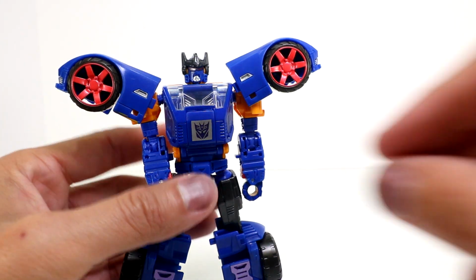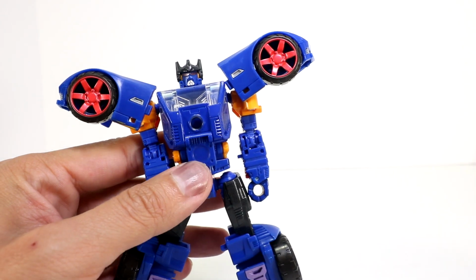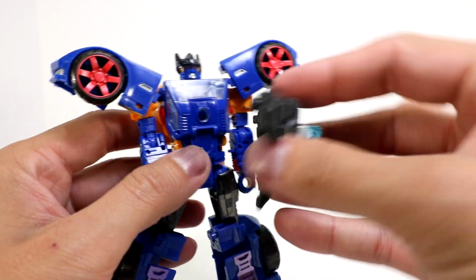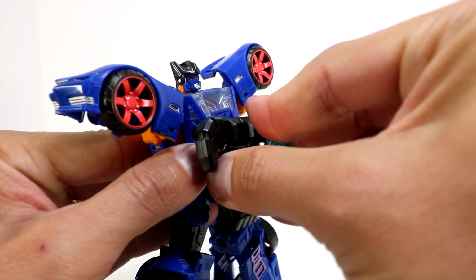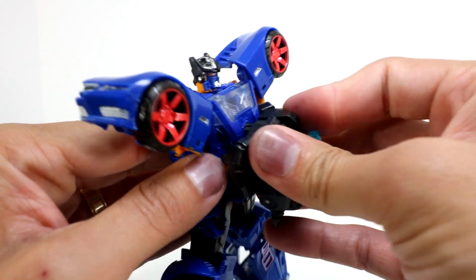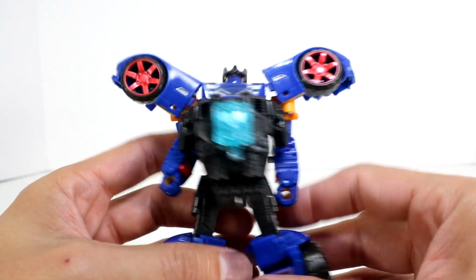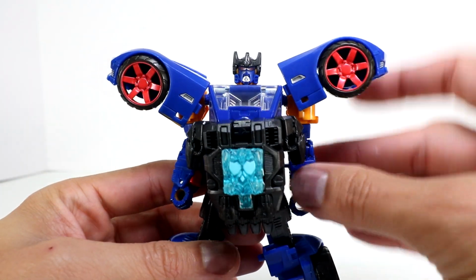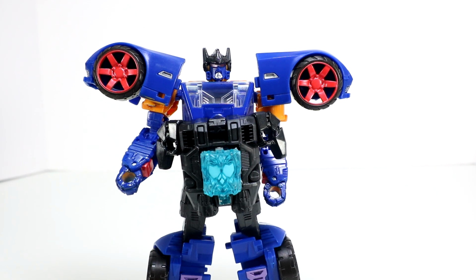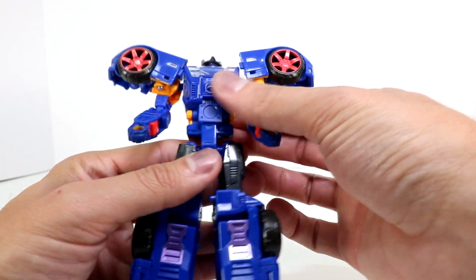I mentioned I'd show off the Prime armor a time or two, so you can drop down his logo there. Get a port and take the Prime armor, and it goes in stubbornly sometimes, but it will go in there. There we go. I think that can go in there like that. Or give that to you with at least putting the extended fingers tucked away. So a bit cleaner look. All right, let's transform Counterpunch into his